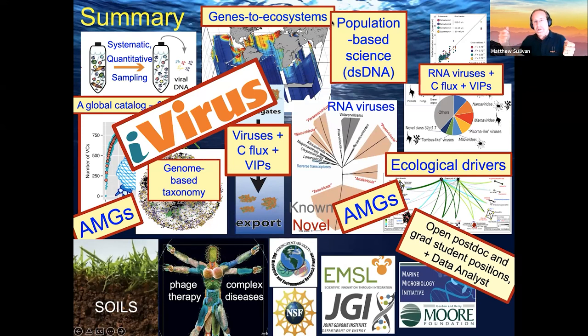So matching 16S to virus infection dynamics almost doesn't make any sense at all because those timescales are so far off. So yes, those metabolisms are probably tied to a subset of what we would normally call a species, because the virus sees cells at a subspecies level. For the most part, there are broader host range viruses which would have a broader metabolic impact, but. Okay, thank you. Sure.